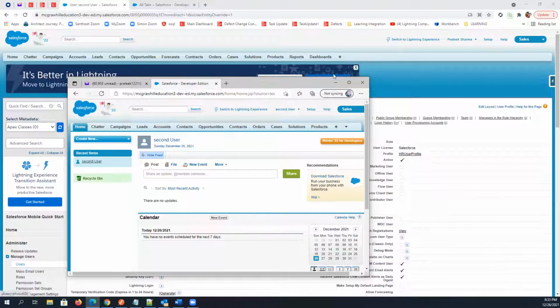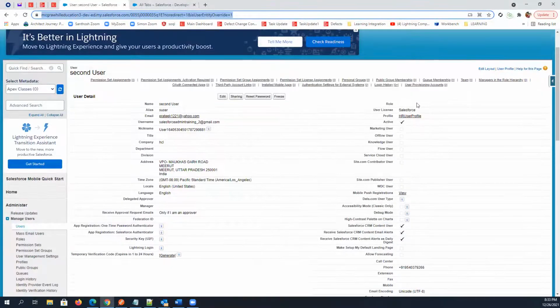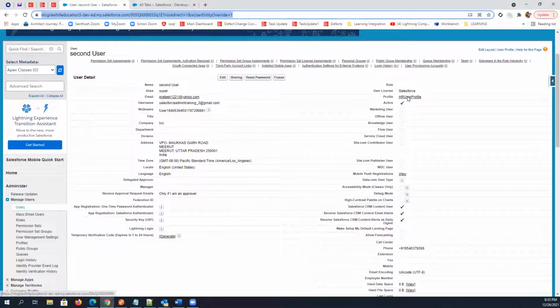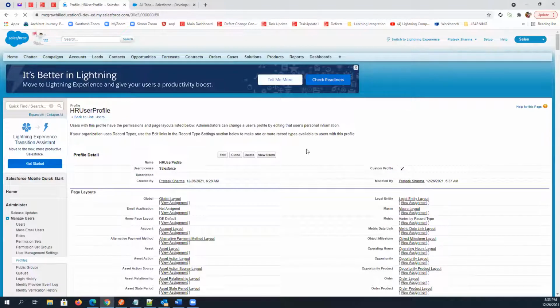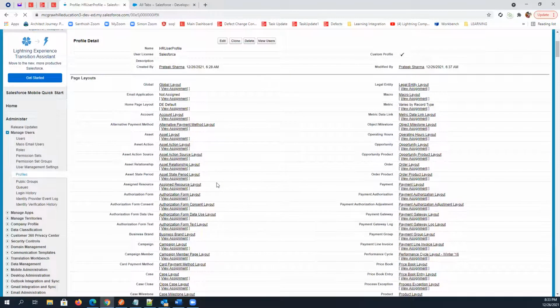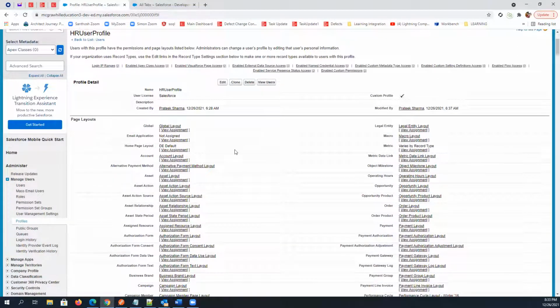Okay. So now what you can do is you can play with profile, right? You can simply change the access that we have on profile, and check if that is changing any access level for this particular user. So we have this HR user profile, so you can simply open it by clicking on this link as well. And here we can change different permissions. So I will try some. Let's say I'm just clicking on edit.